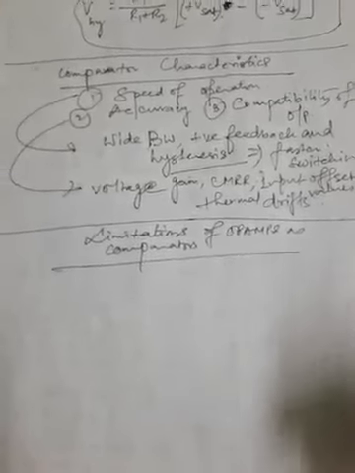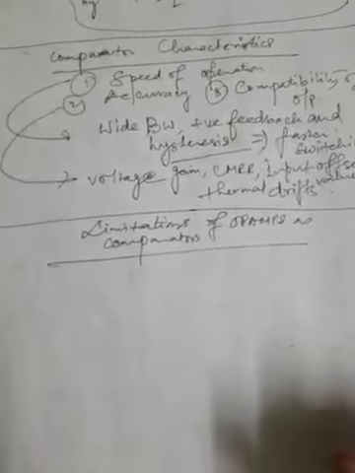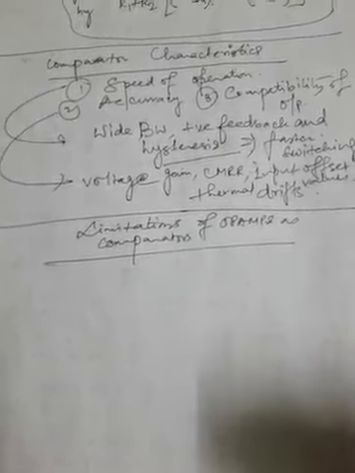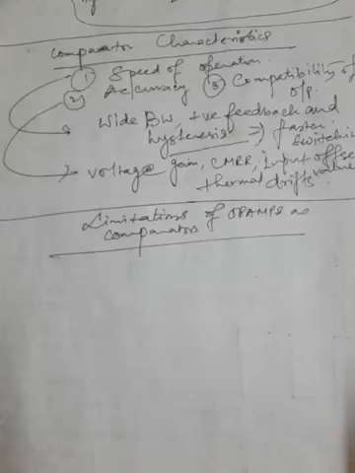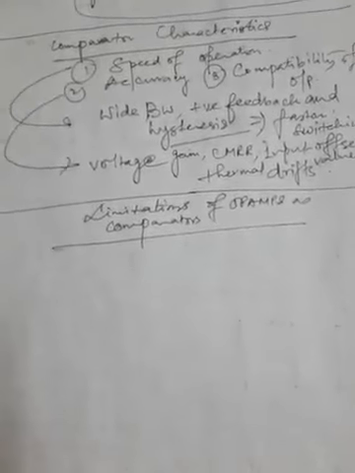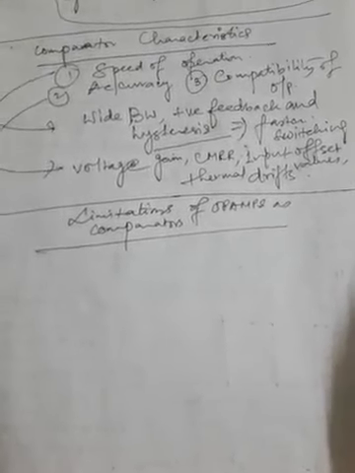Therefore, to keep the output voltage swing within specific limits, the op-amps are used with externally wired components such as Zener diodes or ordinary diodes, and the resulting circuits in which the outputs are limited to predetermined values are called limiters. That is not included in your syllabus, but these are some of the limitations of op-amps used as comparators, if we use for most cases the 741 IC as the general purpose op-amp to establish the three properties of speed of operation, accuracy and compatibility of output.